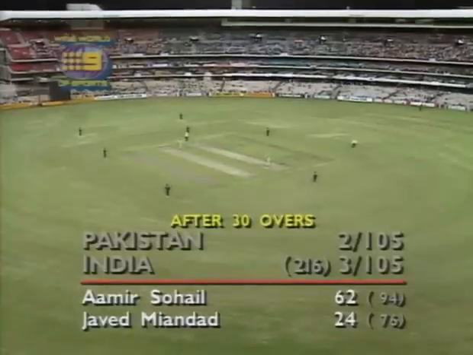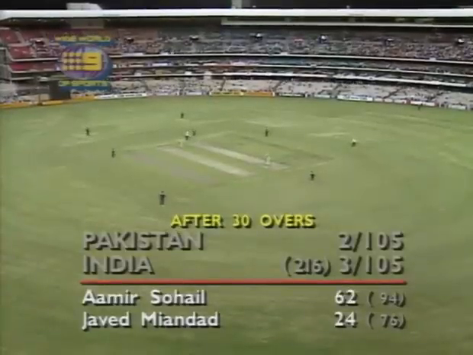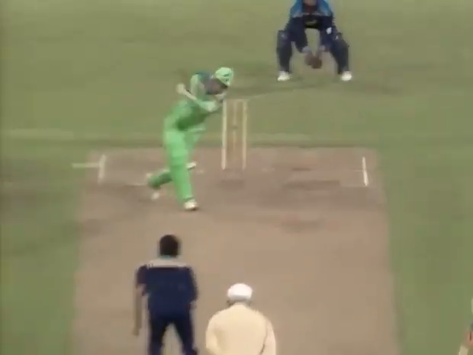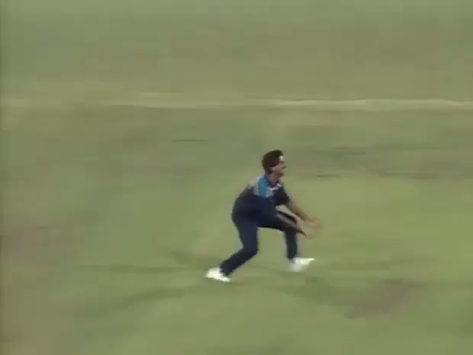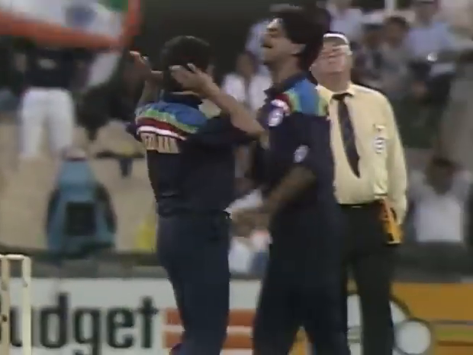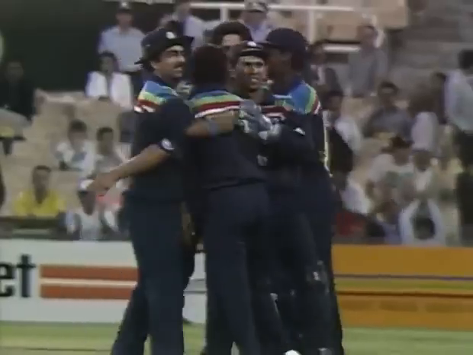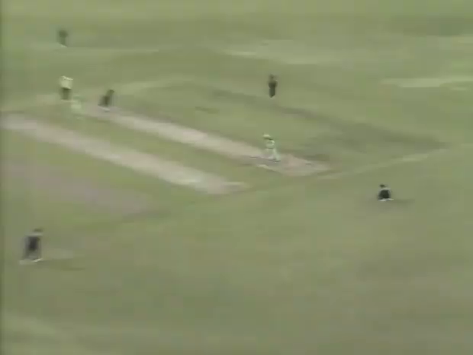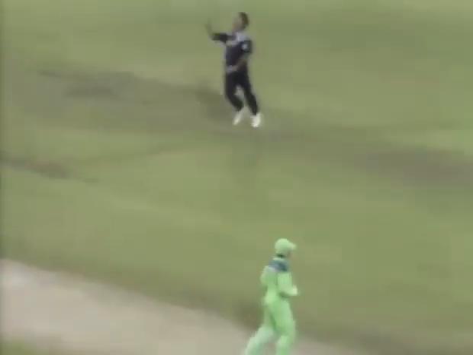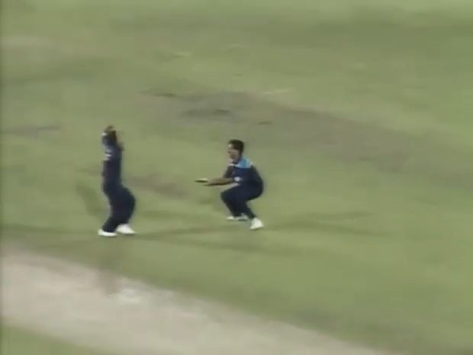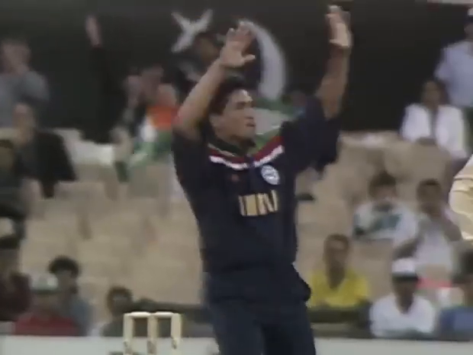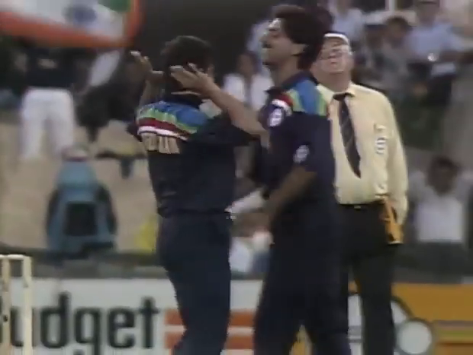Well, these two teams very evenly matched after 30 overs, as they have been all the way through. And well taken. That's a good catch. Chris Srinath there coming forward and taking a good catch at mid-wicket, just a few centimetres above the turf. That's good cricket. Not easy to take those, and he was on his way in. He pushed forward for the catch, even though it was a very well struck ball and a full toss. Now, that's good stuff. Good cricket. And it provides the third wicket at 105.